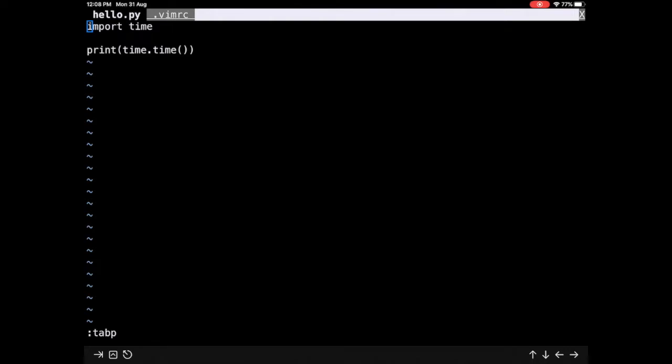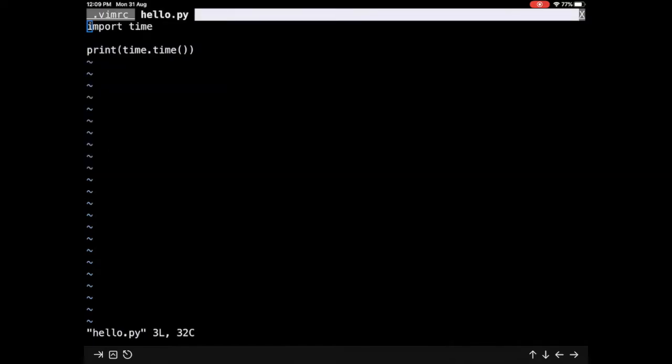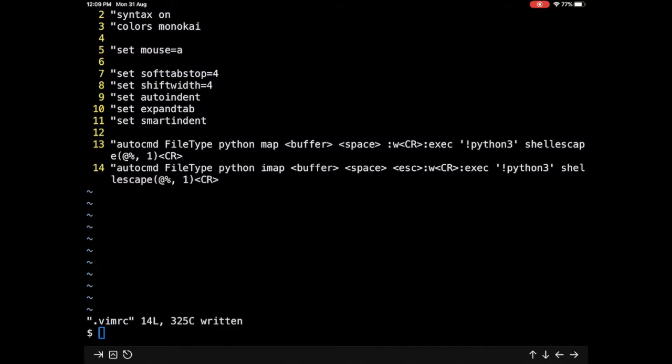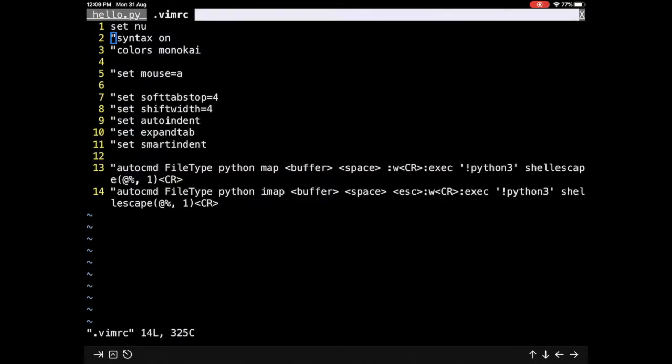I can go to the previous file. I think I'll have to restart this instance. So if I just write out the content and exit, let me open up a new tab with hello.py. Okay, for some reason this still does not have the line numbers there. Maybe it's best to just quit the application altogether. So I can restart, vim hello.py, and now have the line numbers, but the syntax is not present. So we can again create a new tab, open vimrc, and I can enable syntax,